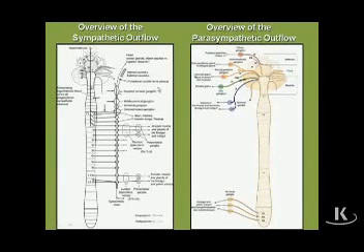Now let's talk about the specifics of how these nerve fibers get to where they have to go. What are the specific pathways? And let's start our discussion with the sympathetic nervous system. So the sympathetic nervous system has one fundamental issue that it has to deal with when we consider its pathways. And the issue is this. Even though the preganglionic fibers arise from a fairly restricted region of the nervous system, only from T1 to L2 levels, nonetheless, the distribution of the sympathetic nervous system is to the entire body. All parts of the body get sympathetic innervation.